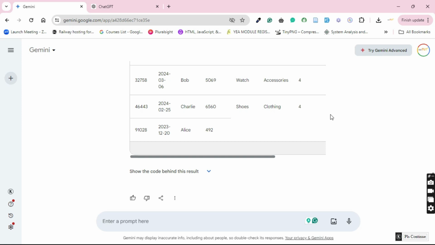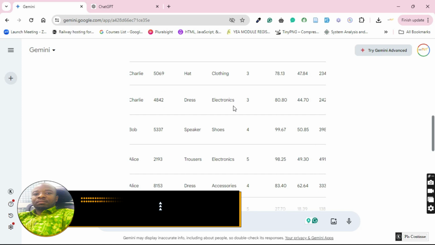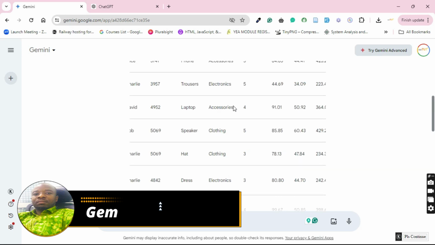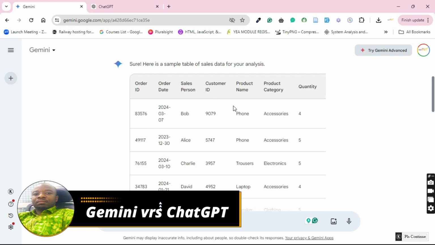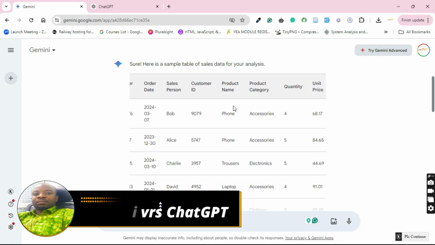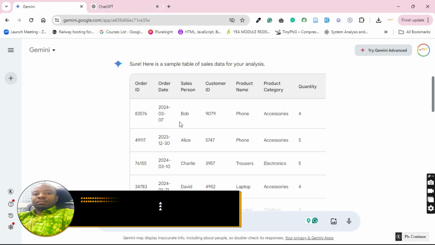So in today's tutorial, we're still going to look at how we can use AI tools to enhance our productivity or help us to work smarter as data analysts. In our previous video, we tried to generate some sample data from Gemini and ChatGPT, which are the common AI tools available now. And in today's tutorial,